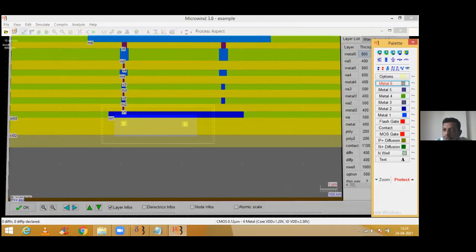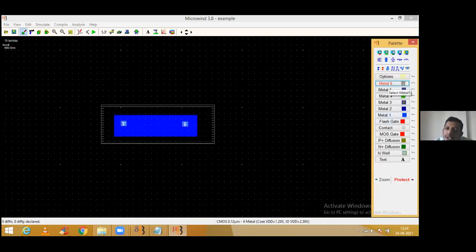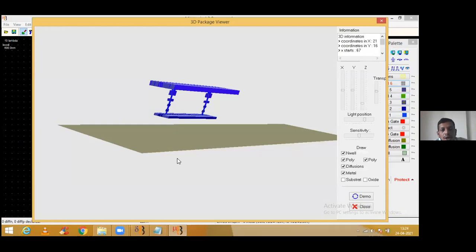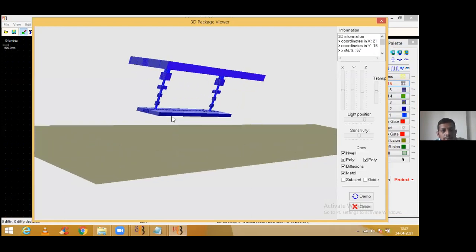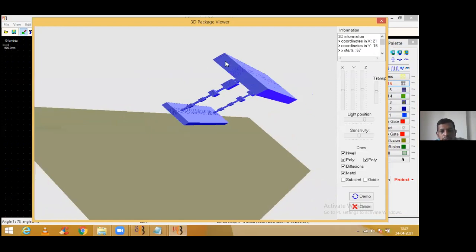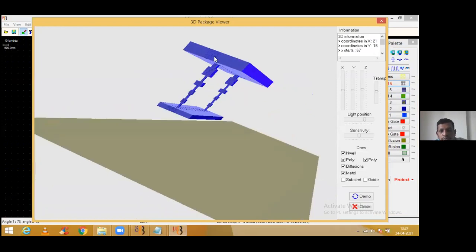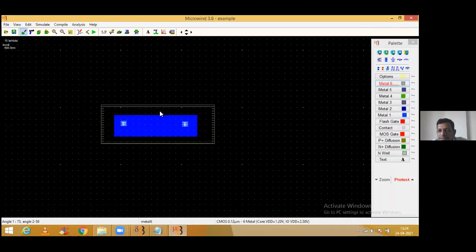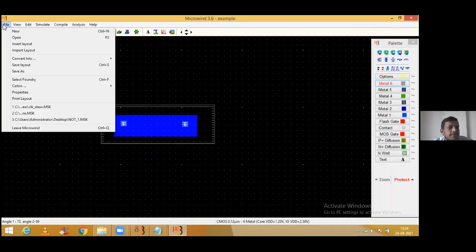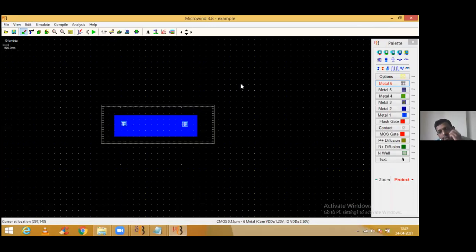Yes, the solution is, yes, we can use Metal 1 and directly Metal 6. But whenever we connect it like this, all metals will be in the picture. All of 1, 2, 3, 4, 5, and this is 6. So it will generate all the contacts associated with those metals. I hope you all understand this. Okay, that's fine. Yes, so that is another aspect that you need to understand whenever we start designing structures like this.